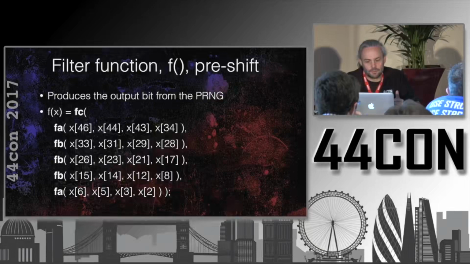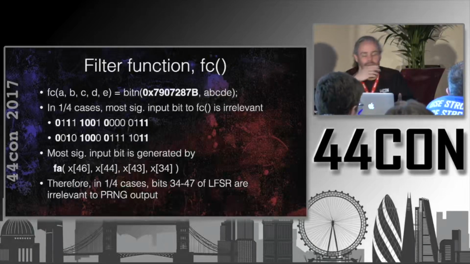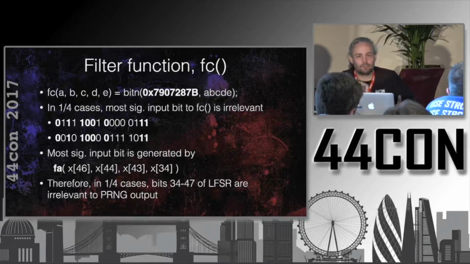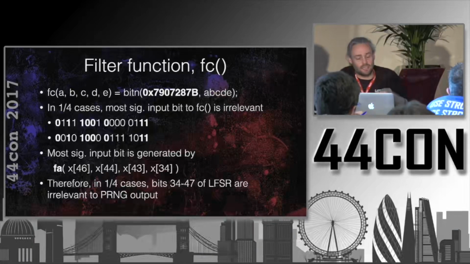They noticed that this was a bit of a problem, and the reason is because in a quarter of the cases, the most significant bit, the one produced by that FA function, doesn't actually affect the output you get from the PRNG. Right? So if you take the Boolean table for function C, which is